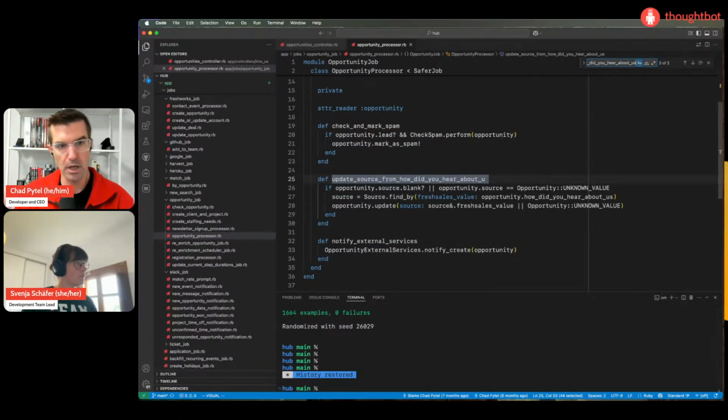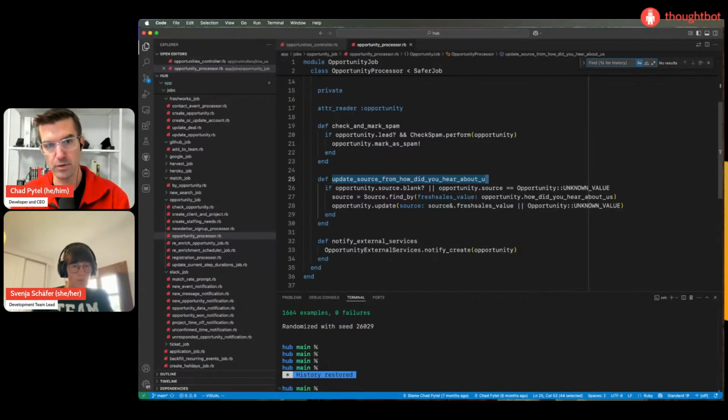So there's a field where people can check. It used to be a type-in field where people could type in how they heard about us. Now it's a series of options. But we want to use the option selected mapped to another database of sources in our CRM.